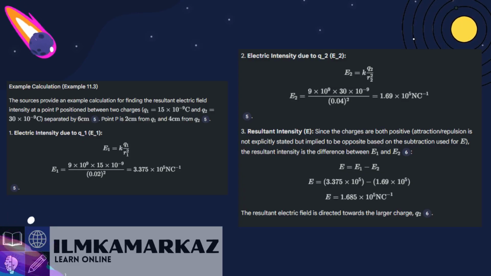Resultant intensity, E. Since both charges are positive, the resultant intensity is the difference between E1 and E2. E equals E1 minus E2. E equals 3.375 times 10 to the power 5 minus 1.69 times 10 to the power of 5. E equals 1.685 times 10 to the power 5 newtons per coulomb. The resultant electric field is directed towards the larger charge, Q2,